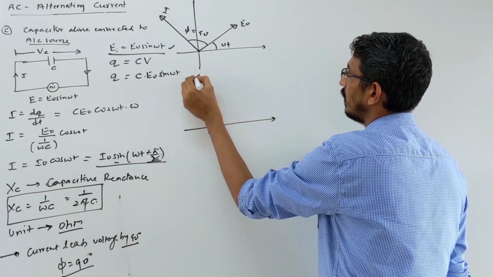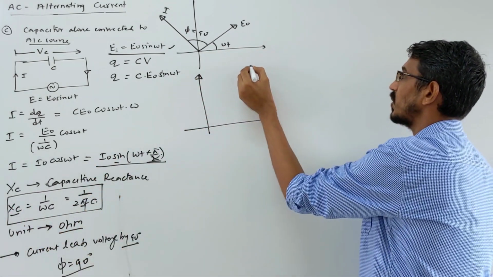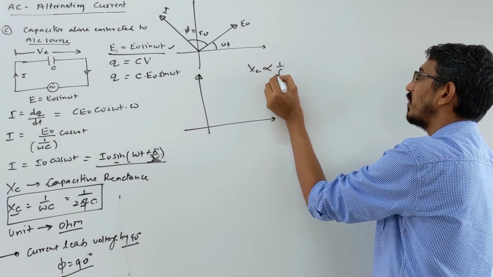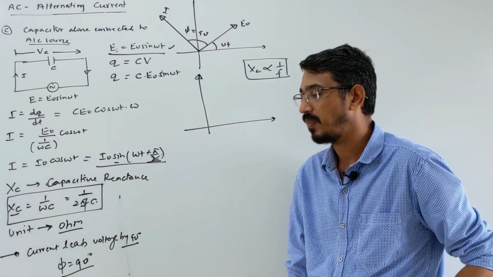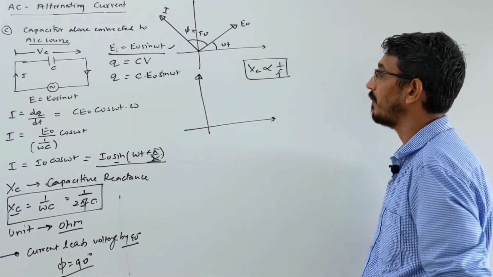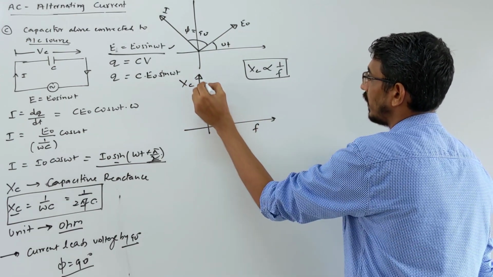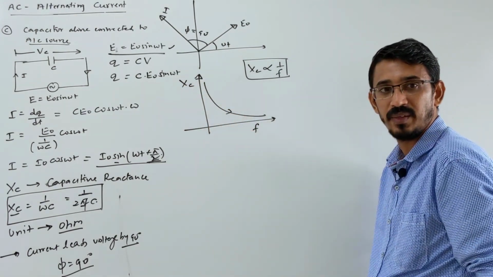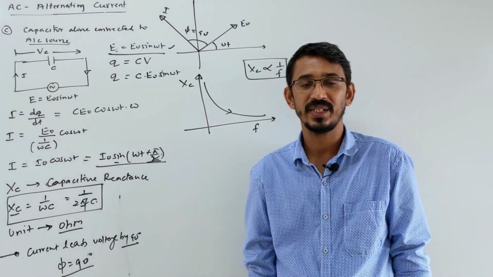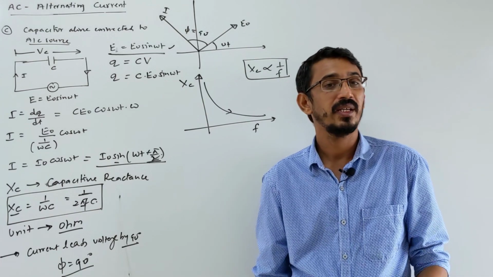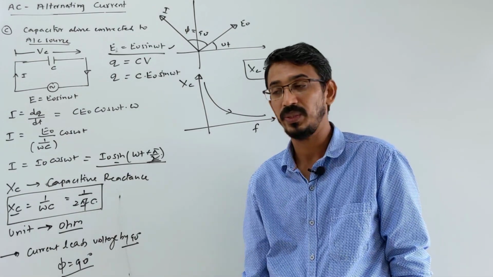Okay, suppose you want to see how they vary, you want to draw a curve. You saw that capacitive reactance and frequency are inversely proportional. Xc is inversely proportional to frequency, right? So it means if frequency increases, capacitive reactance will reduce. If you want to draw a graph of Xc versus frequency, you see an inverse curve, right? It will decrease with frequency. Capacitive reactance varies inversely, inductive reactance varies directly, and resistance does not depend on frequency, right? All three graphs you have seen.